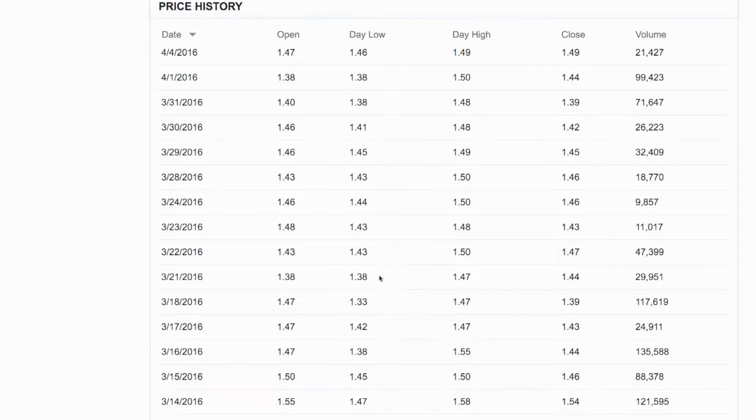Now, I want to show you one thing. March the 18th, let's say it opens up at 1.47 and it drops all the way down to 1.39 or 1.40. Now, this is the thing. You have to ask yourself, should I minimize my risk if I buy at 1.40? And me personally, I would. The reason why is when it drops below the lowest level of support, which is 1.38, I don't know where this stock is going to go. It can go to 90 cents or 80 cents. So if I would have bought here, let's say at 1.39 or 1.40, I probably would have cut my losses